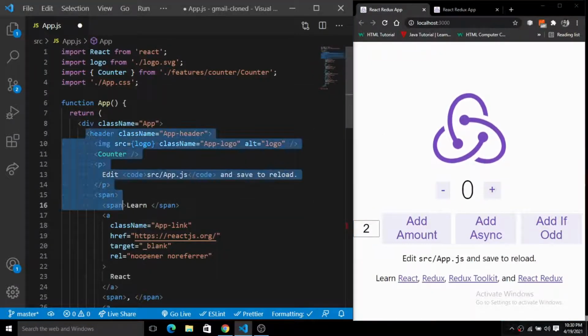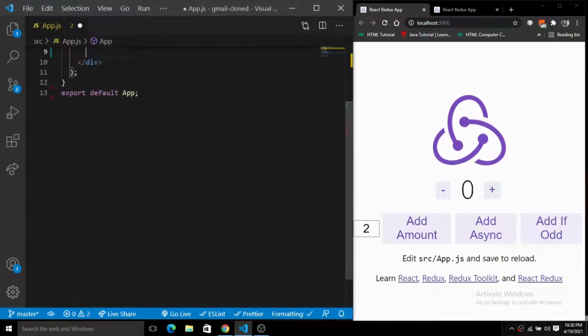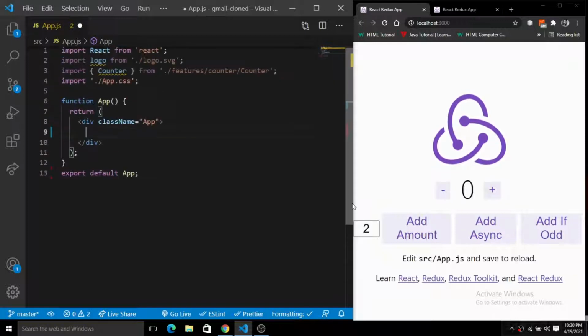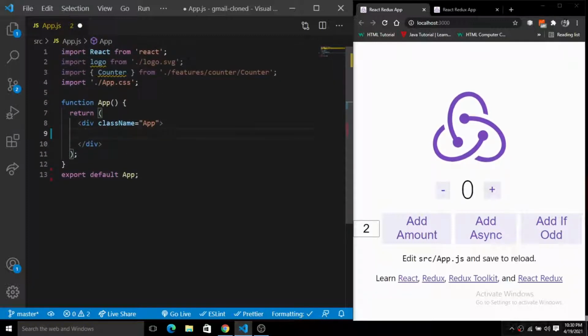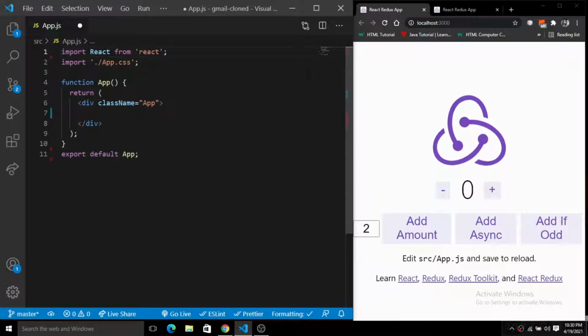And I'm going to grab all the header section from here and remove everything from the header section. And here you can see we don't want to have this logo, and we don't want to have this counter. So I'm going to remove both of these, and inside of this app, only for testing purposes, I'm going to put a hard-coded text, hello from Gmail clone, right?